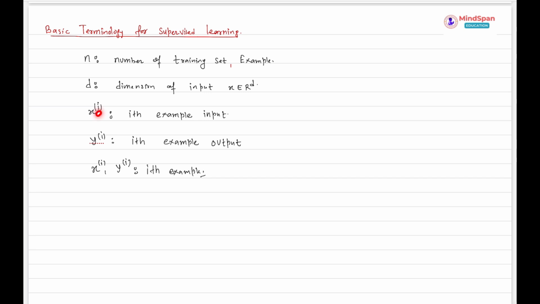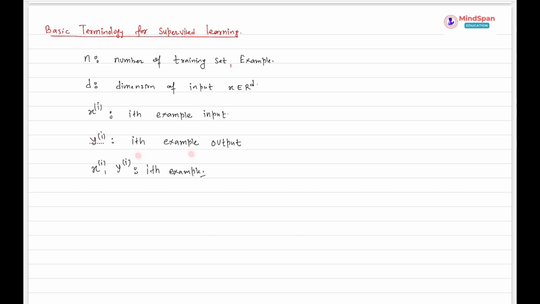It is not the power, it is not x square. What does it mean? It means the second example, whatever we are talking about is the input of the second example. So x to the power i is the ith example input. Similarly for y,